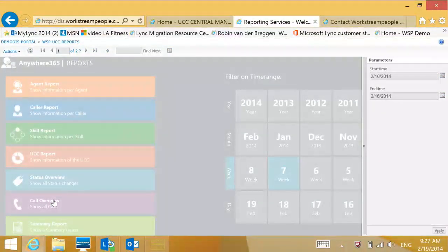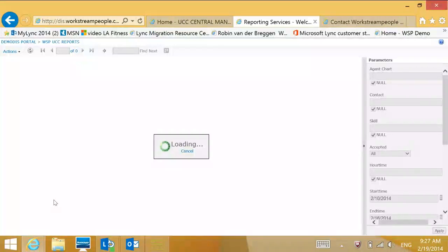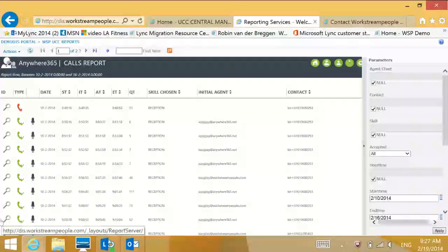This next call overview gives you an overview of all the calls that have been made, and you can follow them from beginning till end. And also the context in which the conversation took place is actually stored in this information. So if for one reason or another a call drops, because you transfer it outside of your domain, you always know what happened and why it happened. So if you look at, for example, a conversation here,